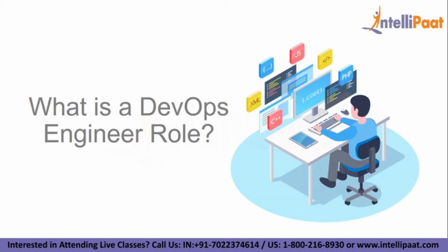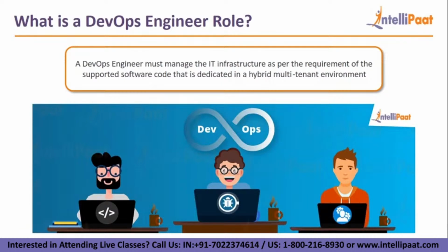So let's first understand what a DevOps engineer role is. Basically, a DevOps engineer is a person who manages your application's life cycle in your company. For example, let's say you have a set of developers who develop an application. Now, the journey of the code of that application from the developer's system to the production system, to the point you are able to access that application from your phone or your laptop or from an app, is what DevOps is all about, right?